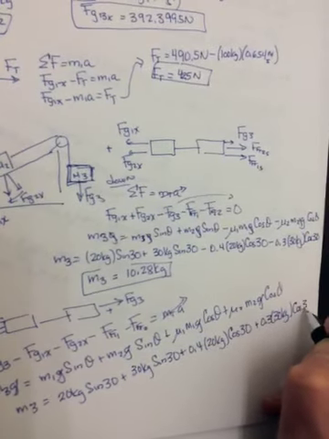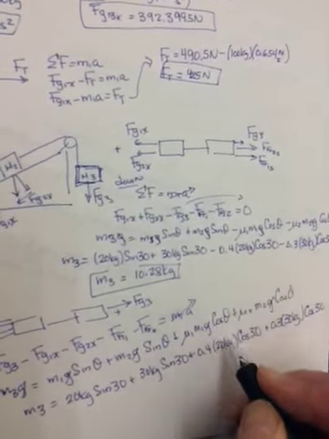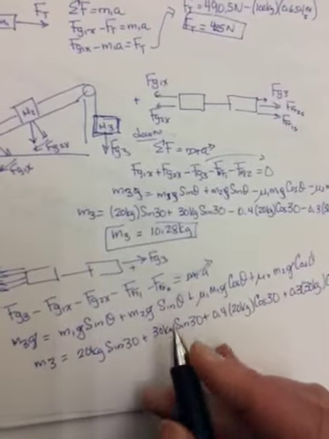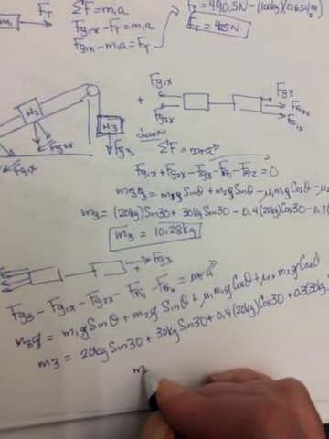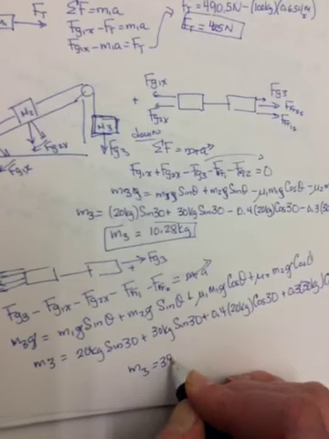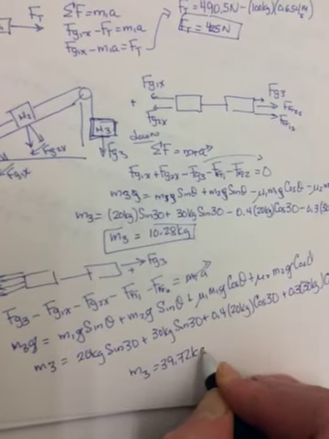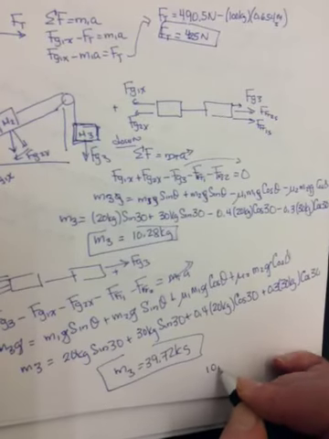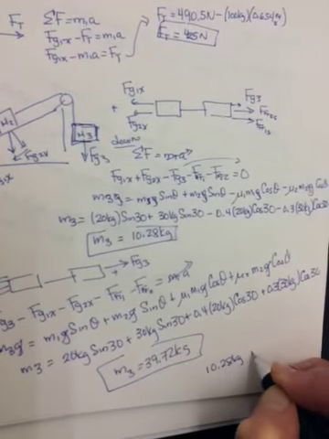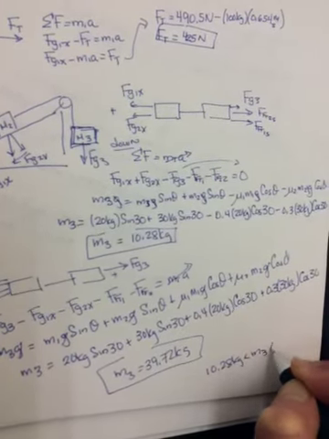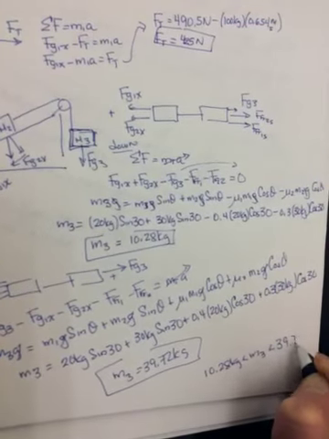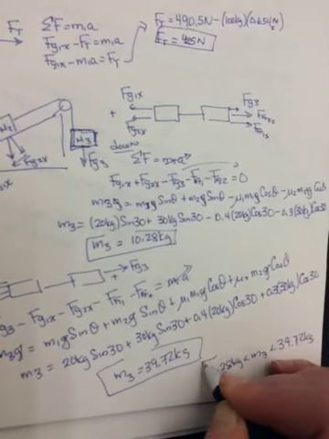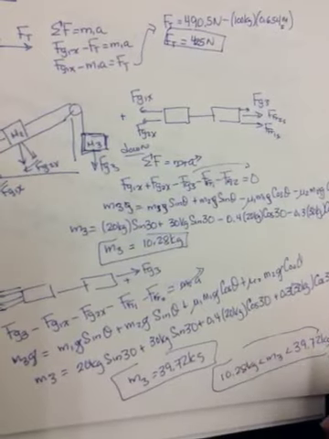So really the only thing that has changed is the two frictions have changed their signs. And now you get a mass of 39.72 kilograms. So anything in between, you would write it like 10.28 kilograms, M must be greater than that, and it must be less than 39.72. And if it is, it'll hang stationary. Okay, and then the last